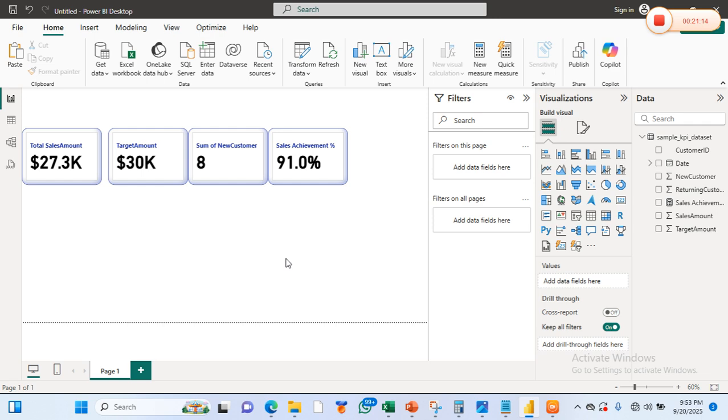So our KPI is that we have achieved a sales of 27.3 thousand dollars over time against our sales target of $30,000, right? And in achieving these sales, we have acquired a total number of new customers, 8, right? And our run rate is 91%.